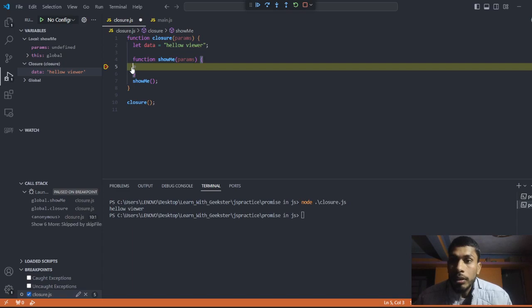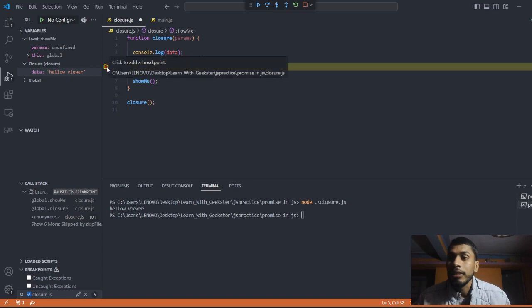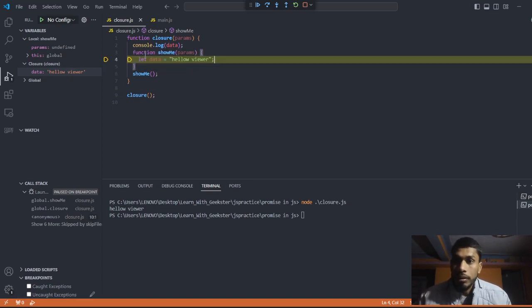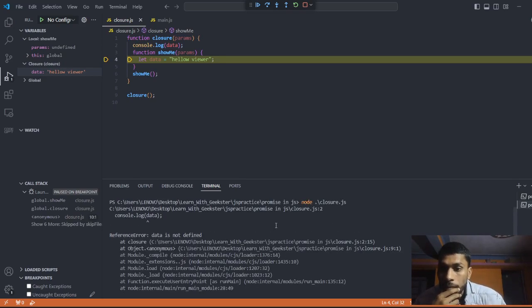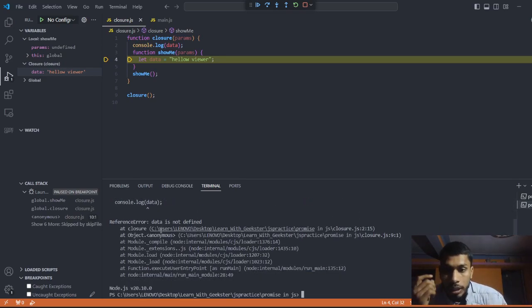If you really want to do just the opposite of this, just for investigation purposes, look at that particular error. This says that data is not defined over here.